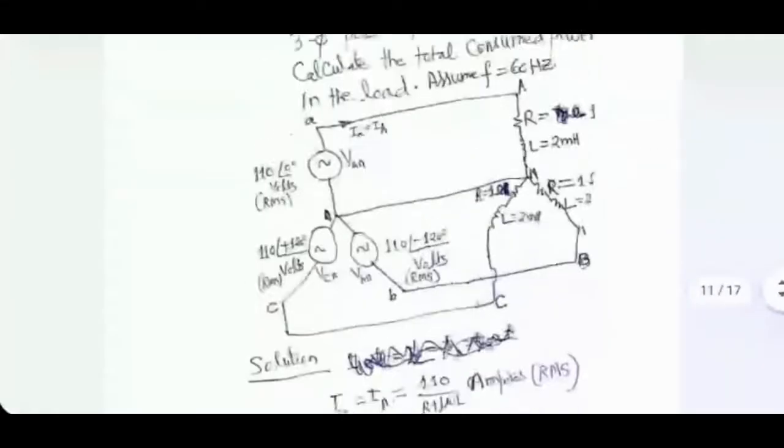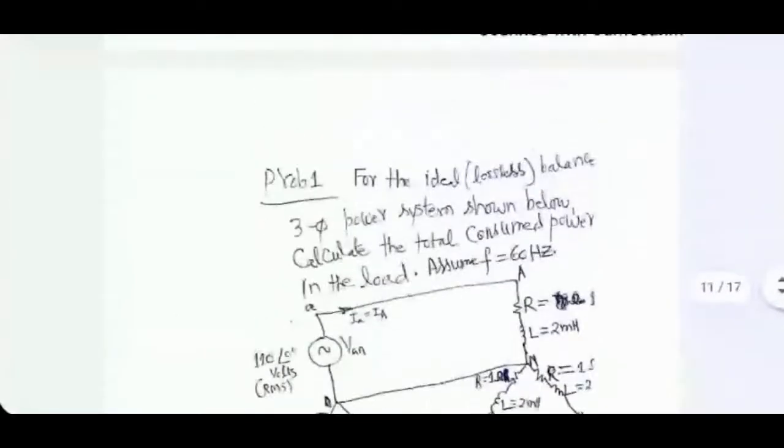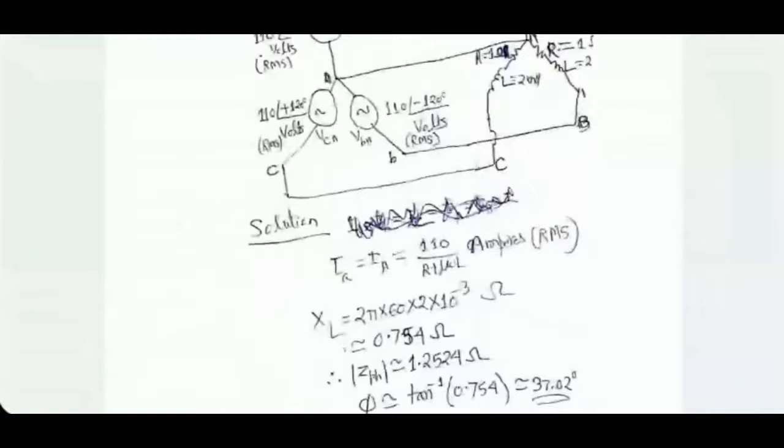Now, single phase equivalent circuit, although I have not drawn it, it's easy to draw. Basically, you look at phase A. Since everything is lossless, generators are lossless, lines are lossless, all you do is divide VAN by the impedance of the AN branch in the load to get the current I small a, which is the same as I capital A. Whether you are looking at line current on the generator side or on the load side, it is the same value because of the connection.